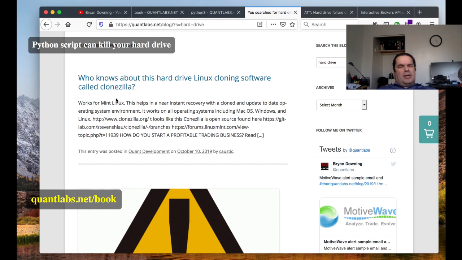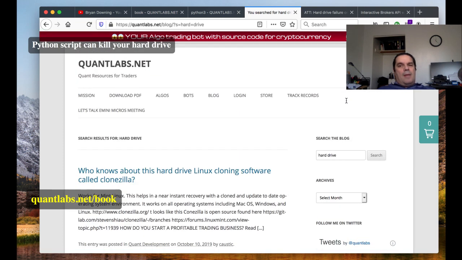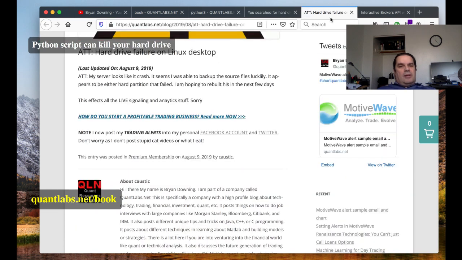And there's another article you may be interested in on the blog called Who Knows About This Hard Drive Linux Cloning Software called Clonezilla. Now, if you take a look at this,